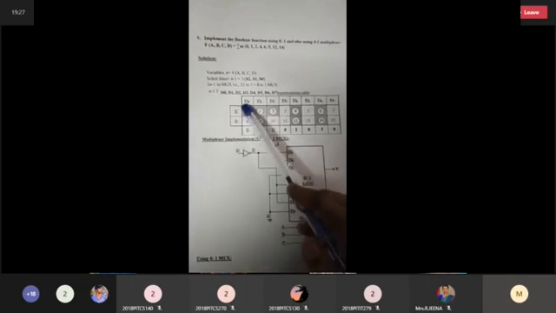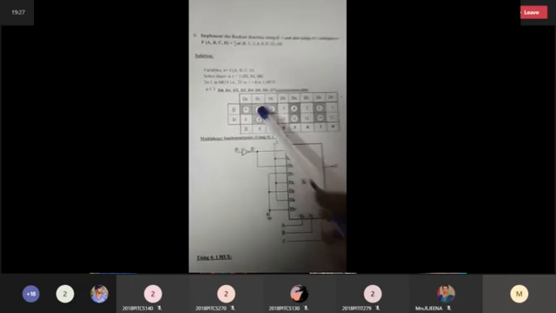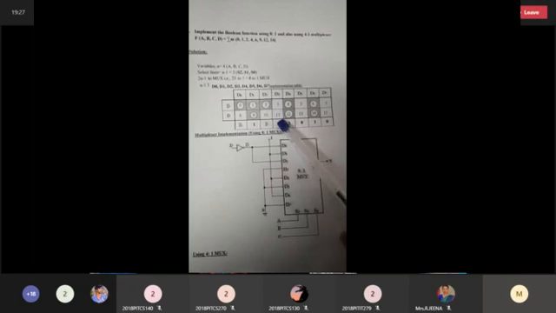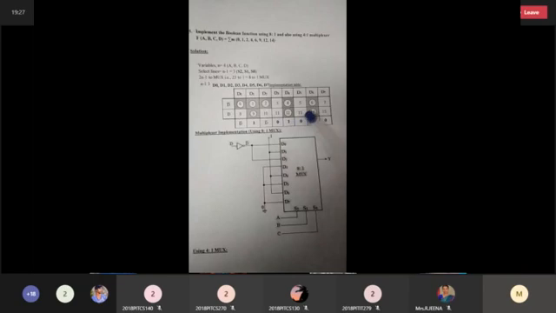Now, 0 is circled. Then 1 is circled. 2 is circled. 4 is circled. 6 is circled. 9, 12 and 14 are circled. Okay. Here, first, the top number 0 is circled, so D bar. Next, 2 numbers are circled, so 1. This is the top number, so D bar. No one is circled, so 0. This is 2. Both are circled, 1. No one is circled, 0. Both are circled, 1. No one is circled, 0.